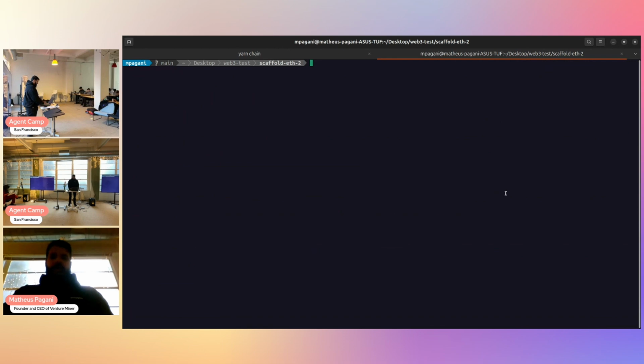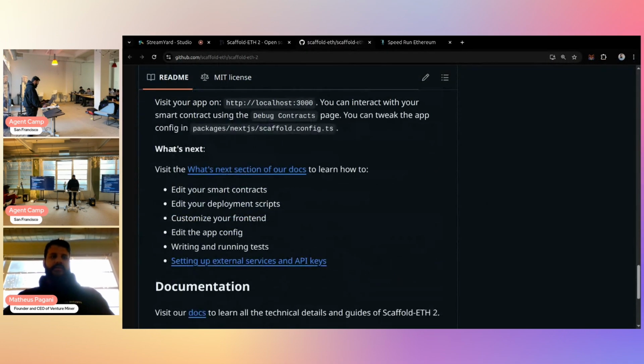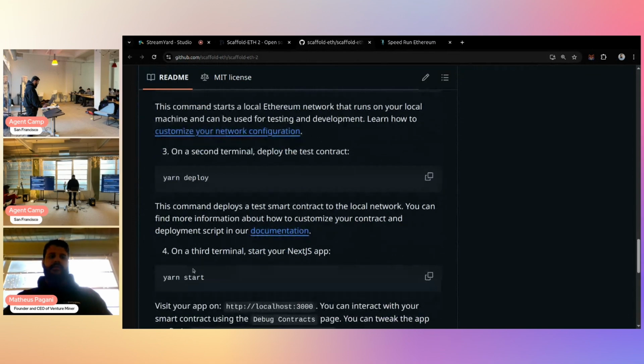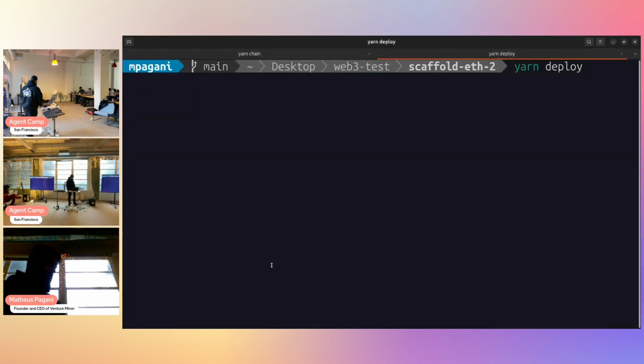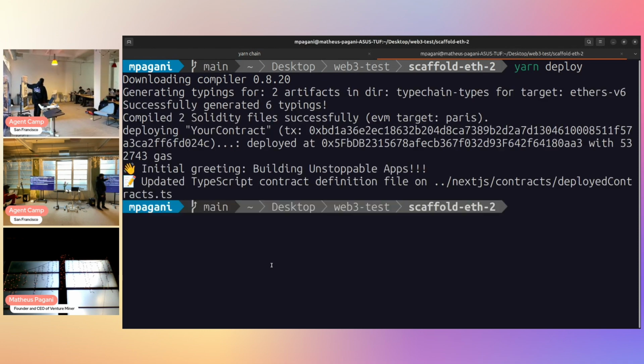Okay. And in another terminal, I'm going to run those other two commands: yarn deploy, and then yarn start. I'm going to show what this is doing in a while. We have some predefined smart contracts here.